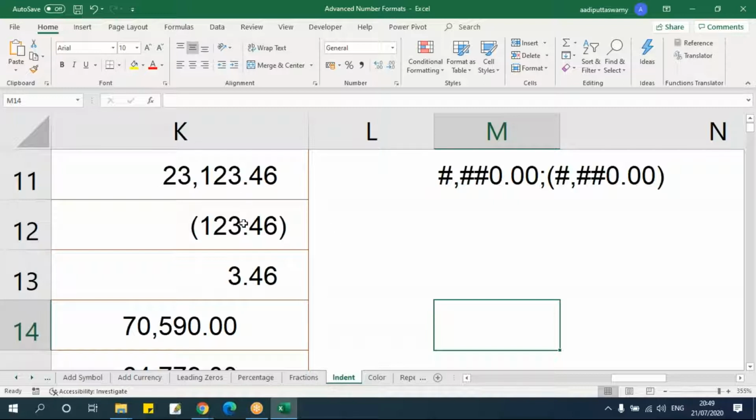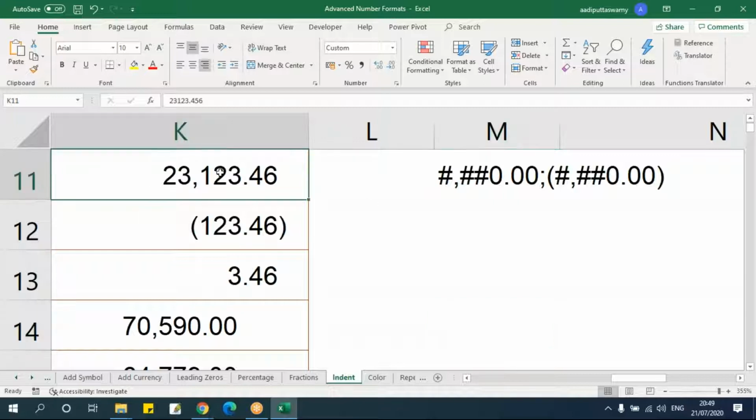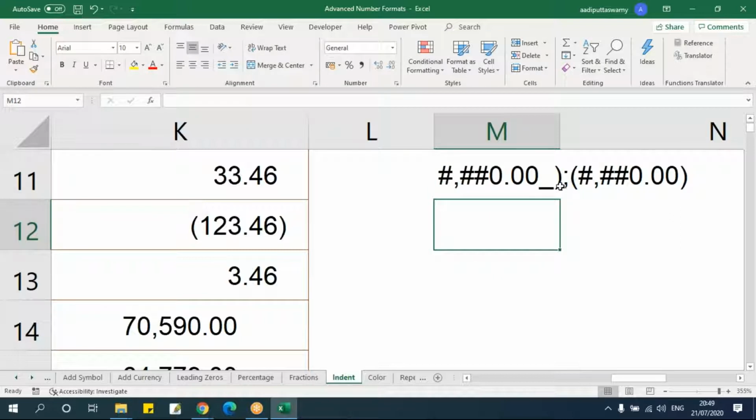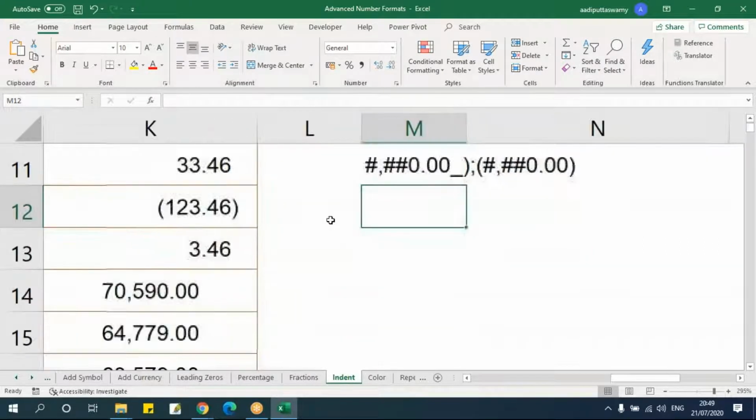Now the decimals are aligned. You give any value, say I'll change this to 3 values. See, it will align. Say 2 values, it will align. So you have to give underscore and bracket. This will give me a space. So whenever you want to indent, you can use this.